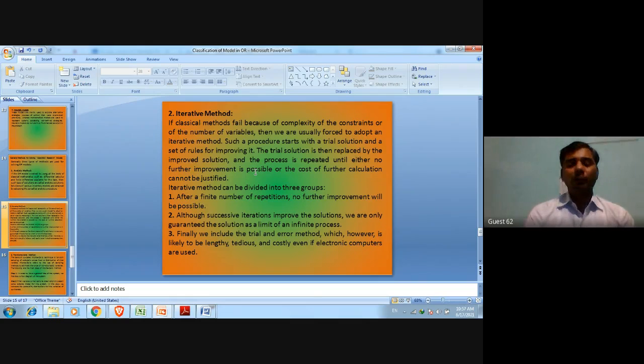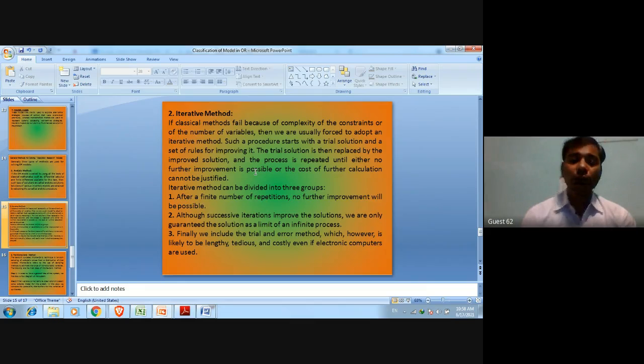For example, when we use linear programming with the simplex method and the transportation method, what we will do is make iteration tables to improve our solution. First, we will get the feasible solution. After that, we will check whether improvement is possible or not. If there is any possibility for improvement, we will improve, and we will keep improving until the possibility for improvement is over.